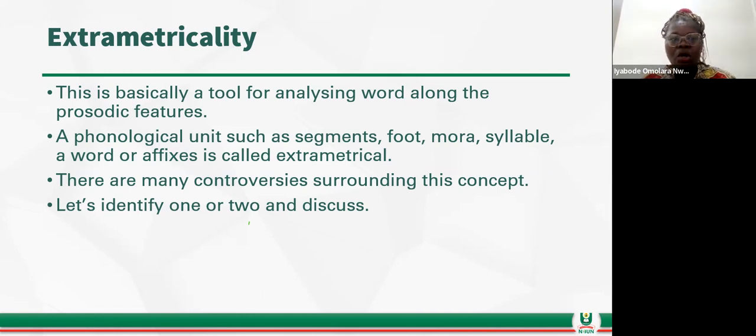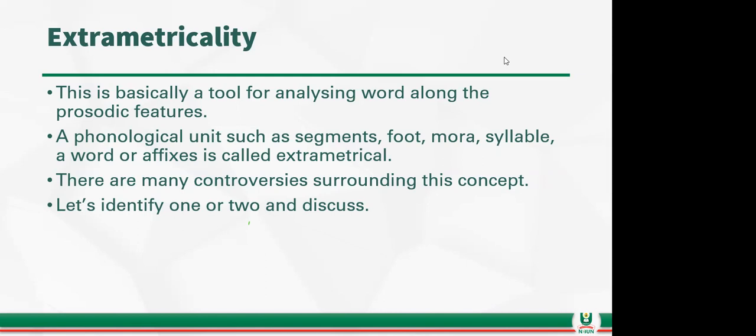is a tool for analyzing words and the, what is it called now, the prosodic features. You look at phonological units such as segments, foot, mora, syllable, a word or affixes. And all this together can determine, you can even have particular words, maybe particular sounds, yes, I've said segments, particular sounds making extrametrical or forming a pattern of extrametricality, so that you can say, okay,